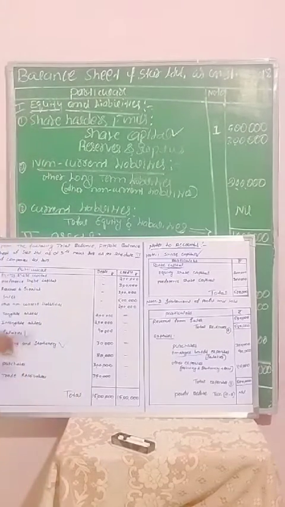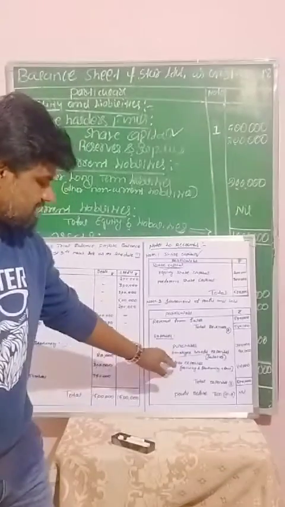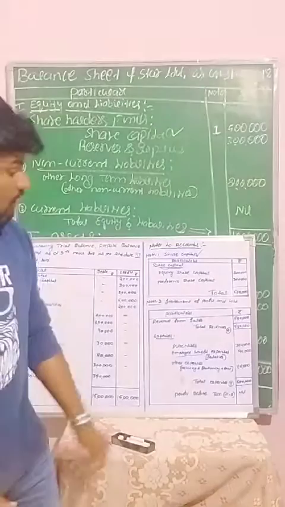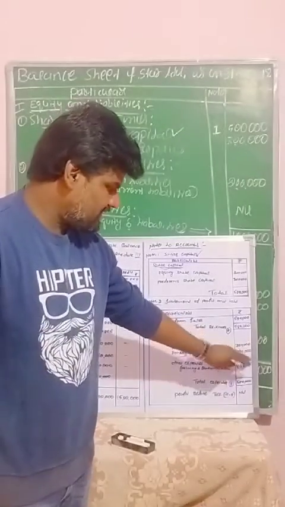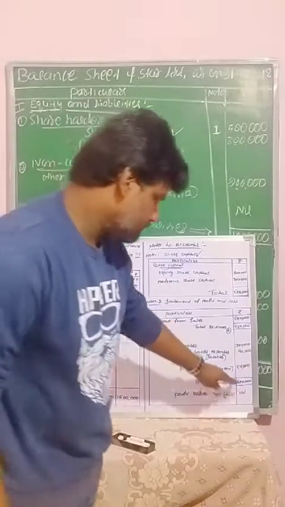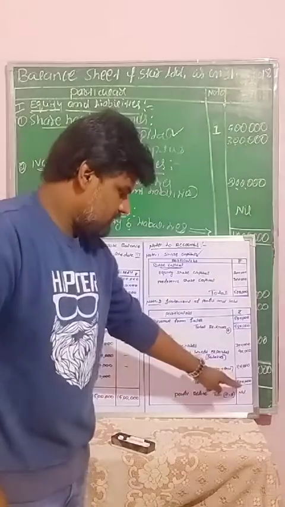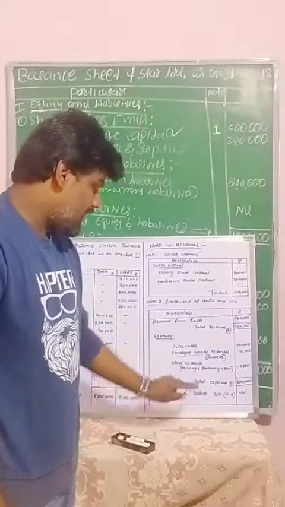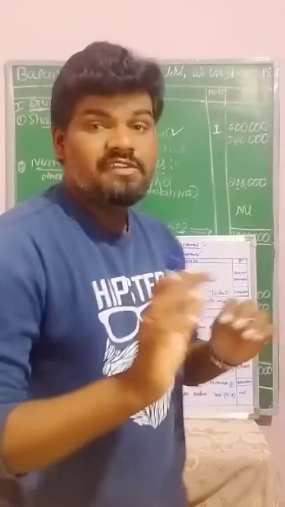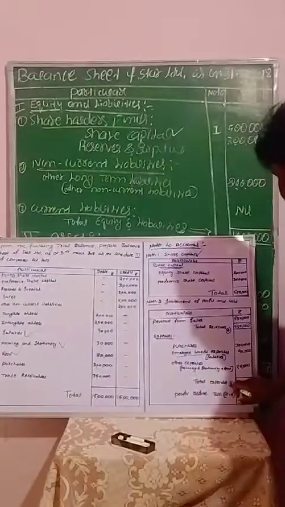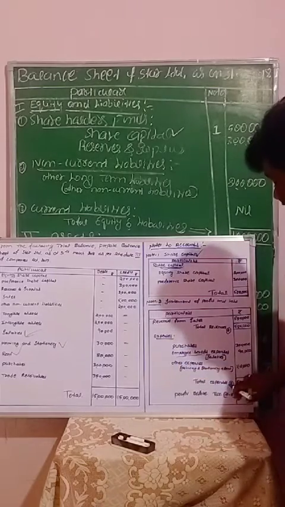As per the given information, we have recorded in this statement all the expenses as well as incomes. Now we need to make the total balance of expenses. 3 lakh plus 90,000, 3 lakh 90,000, plus 1,10,000, total 5 lakhs rupees. These 5 lakhs rupees we can call the total expenses in the business. These total expenses we can call B.